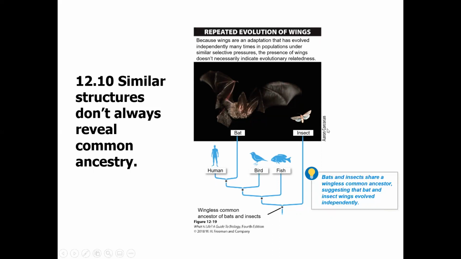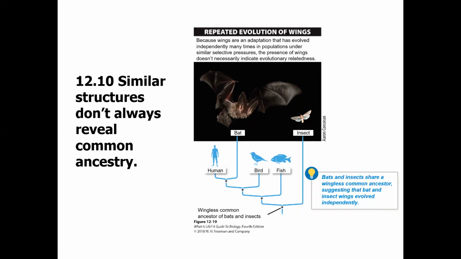Because of that, we would think, okay, they both have wings, so they must have a common ancestor of some sort. However, when we look at the actual phylogeny, bats are a mammal. They are more closely related to humans than they are to insects, which are way over here on our evolutionary tree. Now, there may be some kind of wingless common ancestor of the bats and the insects, but in terms of immediate lineage, bats and insects don't really have a close relatedness,